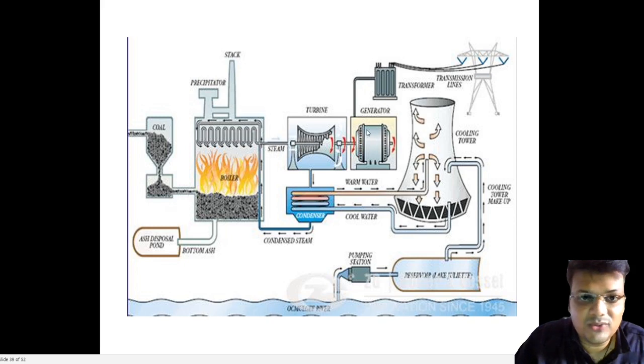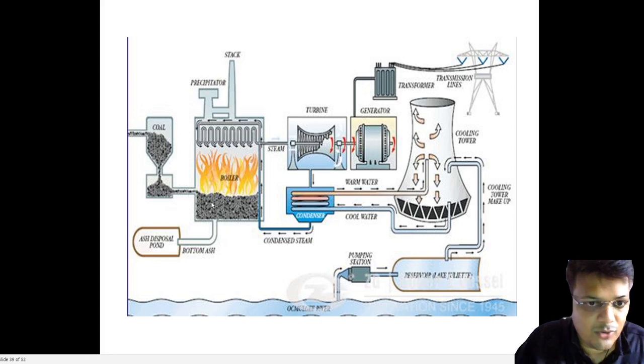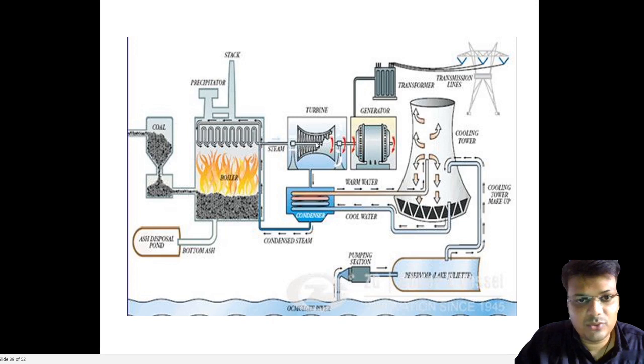So how does the generator generate electricity? The shaft of the generator is connected to the turbine. The turbine moves the rotor of the generator, and the electricity is generated through the stator. So how does the turbine move? In a coal power plant, high pressure steam is thrown onto the blades of the turbine. The blades start rotating, and the shaft of the turbine is connected to the generator, and like that the electricity is generated. So that is one cycle. The second cycle, as we studied in Power System One, is generation, transmission, and distribution. And there is a third cycle.